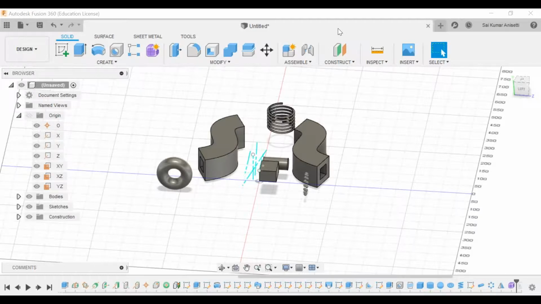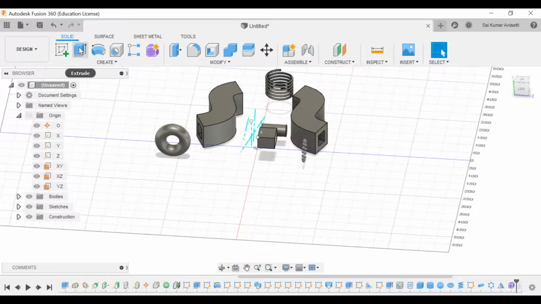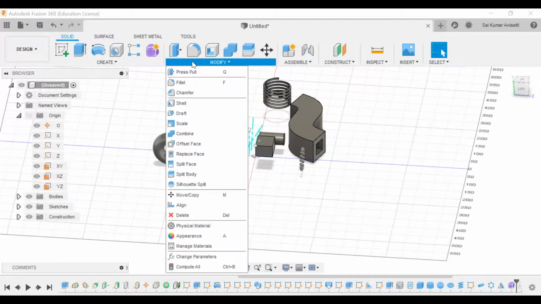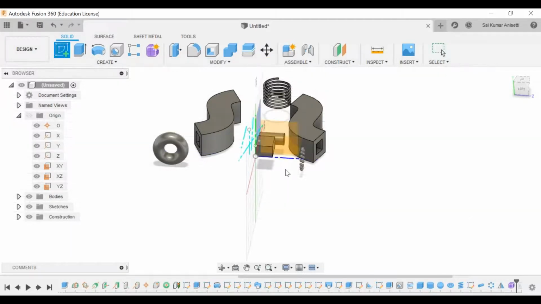So one question is how to do taper operation. See, in an extrude operation itself, you have a taper. Directly you have a taper command there. Here is create sketch.